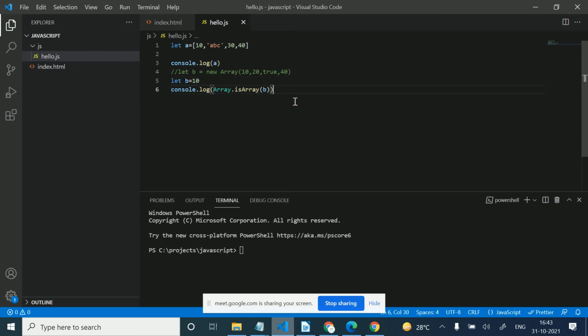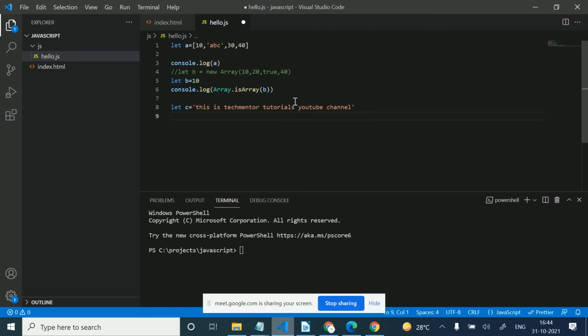Okay, I have a string here, let c equal to "tech mentor tutorials youtube channel". Okay, so I want to convert this string into an array on the basis of some substring. So how will I convert it?